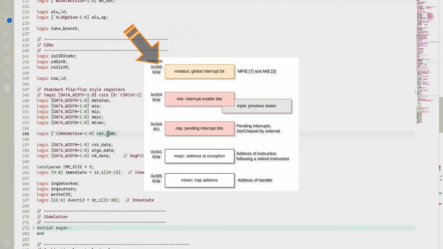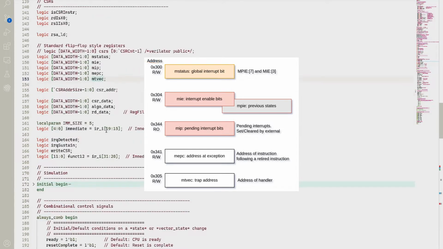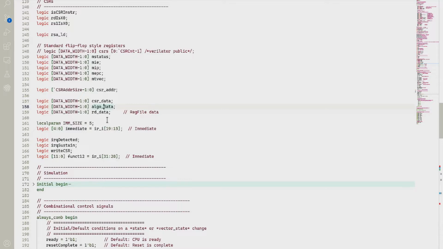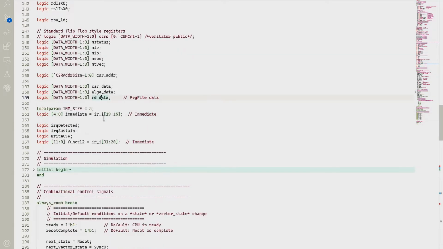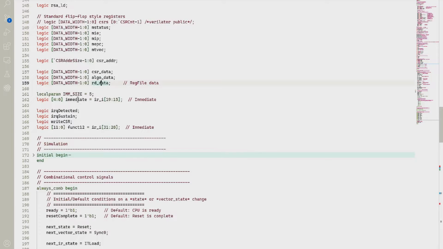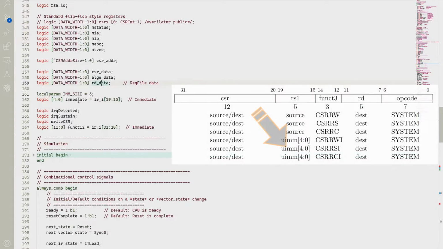We translate the address from its hex address, generally starting at 300, and translate that into one of these specific registers here. We'll see that in a second. The algorithm for applying the or the not ands, the destination for routing to the outside. The 3 variations on the CSR instructions are their immediates, and they're always pulled from the same place in the